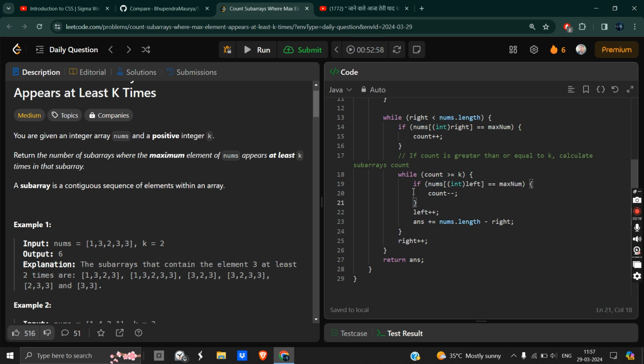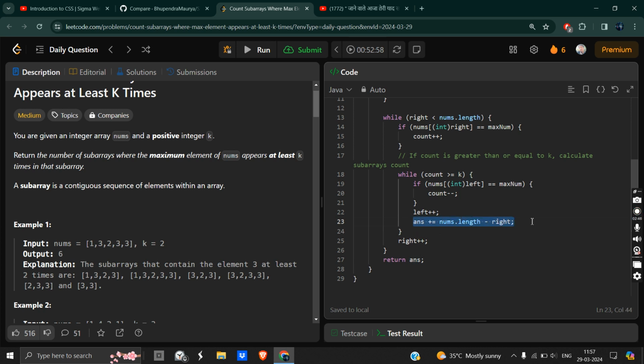Okay, so we'll run this loop, and at any moment I will see if our element which is at the ith index is equal to the maximum. Then I will decrement the count, and after that we will increase the left pointer, and after that we will calculate the number of subarrays.